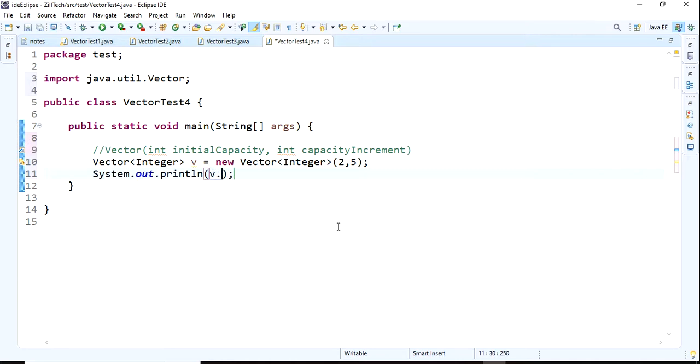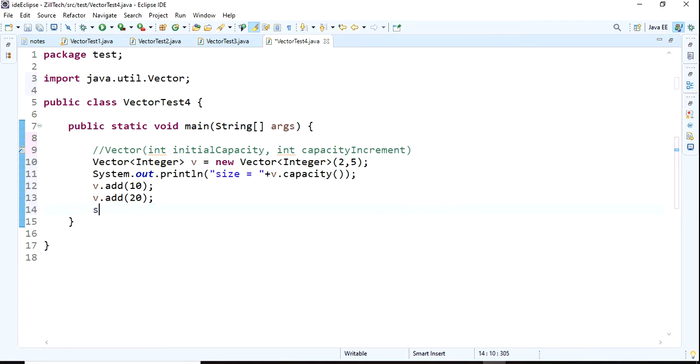And v.capacity, it is nothing but our size. Yeah, this is about our size. Next I want to add the elements. v.add of 10, 20, 10 and 20.